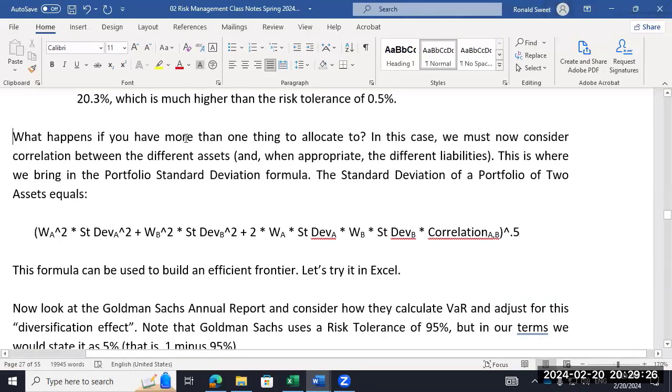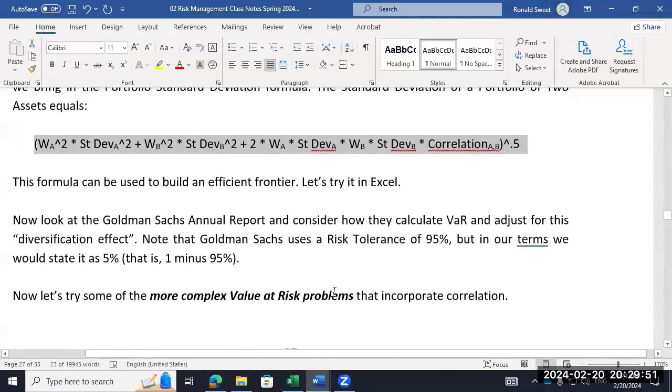All right, so this formula is not on this exam, it's on the second exam, so don't panic. So I gave you the standard deviation in this first exam, but what if you have 3 or 4 things you're looking at and they're not perfectly correlated? So you got to figure out the standard deviation of those items. This is another one of those really famous formulas in finance that you should know. The weight of A squared times the standard deviation squared. Is this sounding familiar? The weight of B squared times this standard deviation squared plus 2 weight of A, weight of B, standard deviation A, standard deviation B times correlation. Does that look familiar?